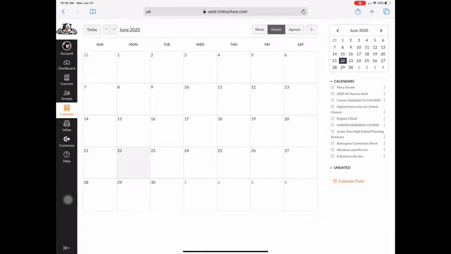Anyway, when the calendar opens, it looks a lot like your Google Calendar. Just like Google Calendar, if you look at the top, you can toggle if you just want to look at today, a certain week, month, agenda, etc. You also look on the right-hand side, you can turn whatever calendar on that you want. Today I'm working in my Sandbox course, so I just click on the little gray box next to Sandbox